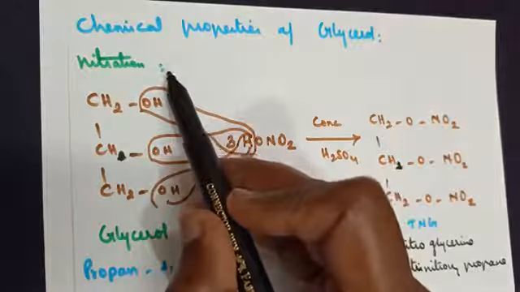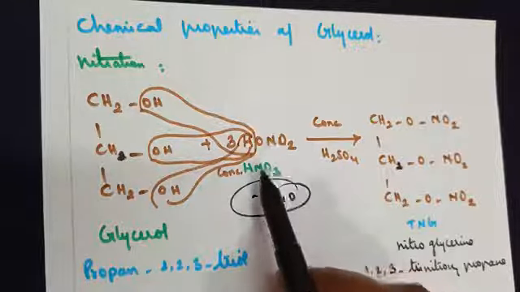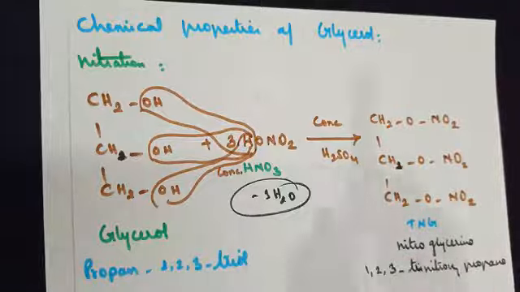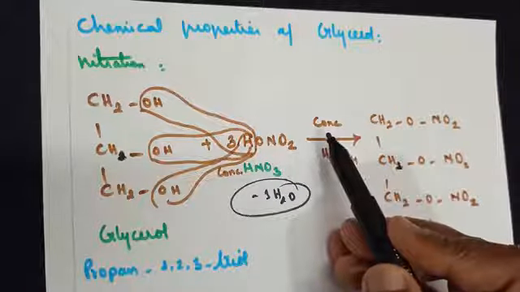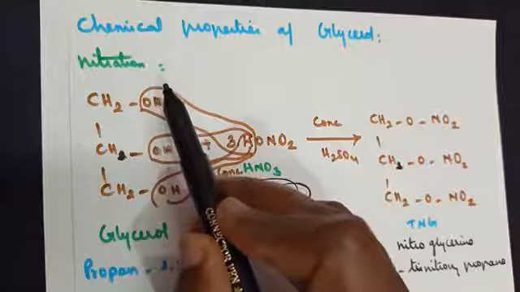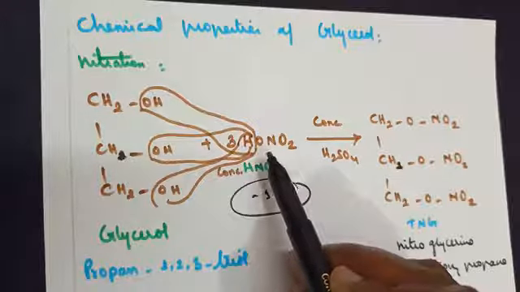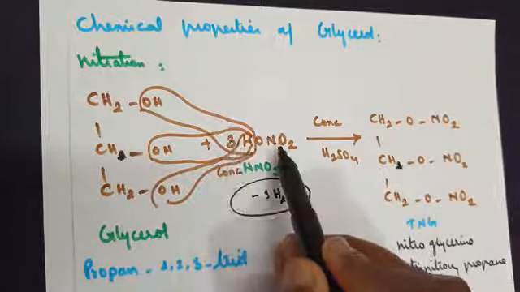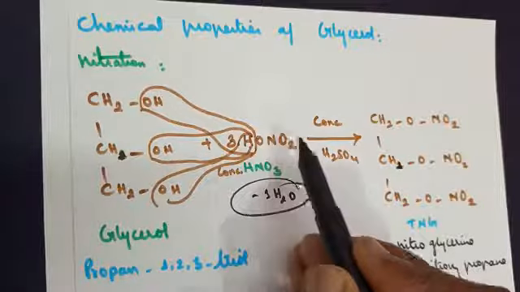So nitration, when we say treating the particular compound in the presence of concentrated nitric acid and concentrated H2SO4. The same category you will be learning under the preparation of phenol and its chemical property. So for the word nitration, always two reactants should be there along with the main reactant, that is concentrated nitric acid and concentrated H2SO4. So three molecules of nitric acid we take. Why are we considering three molecules of nitric acid?